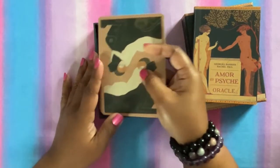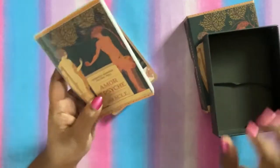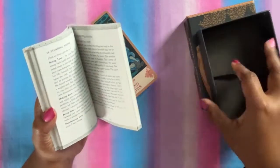I like her guidebooks as well. I think she did the unicorns. Did she do the dragons? I can't remember, but I like her guidebook. She writes good guidebooks. And for this one, you get, I told you already, 30 cards, and let's see how